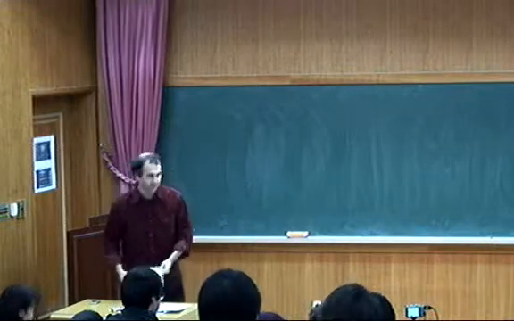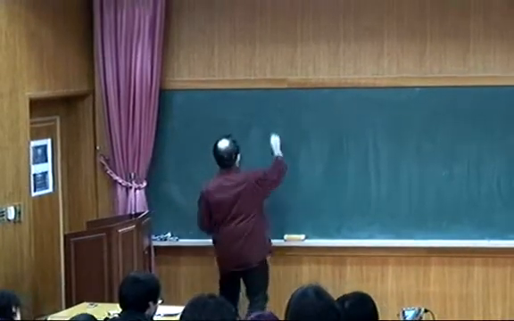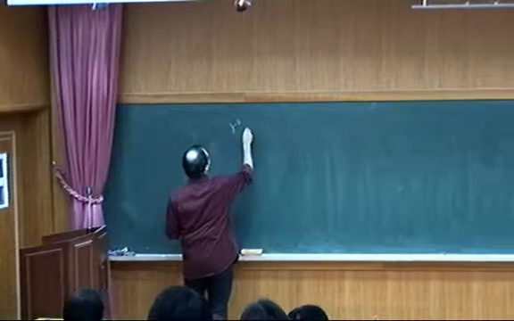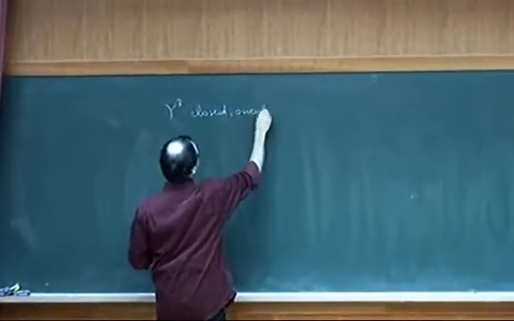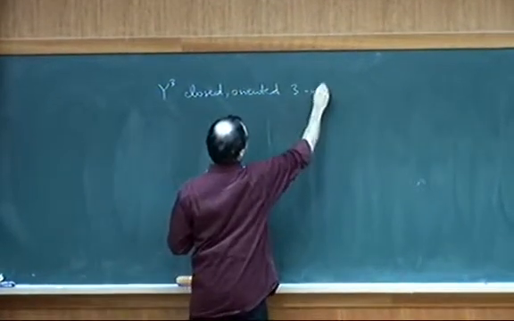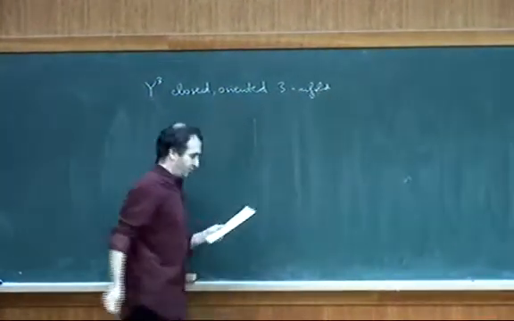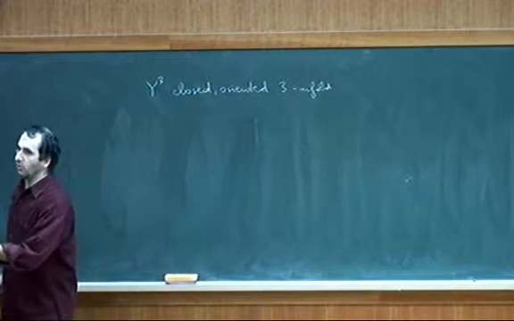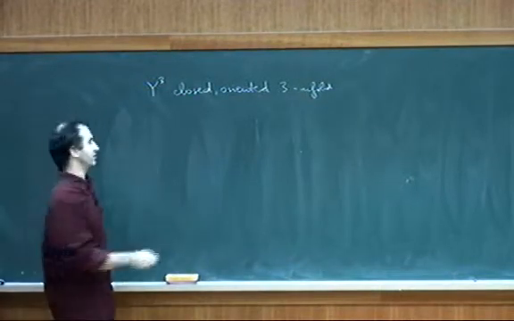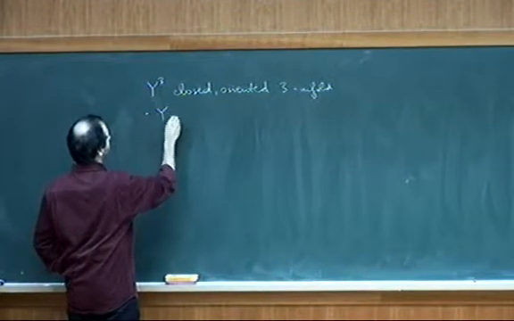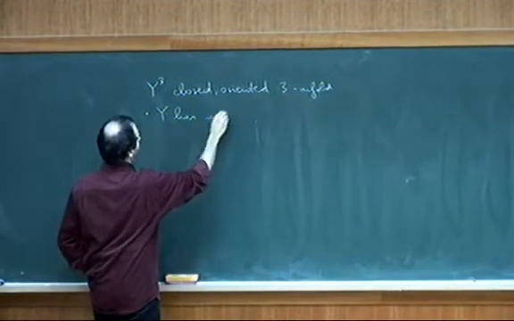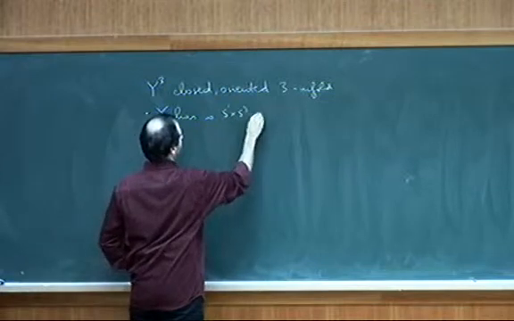As always, Y is a closed oriented three-manifold. Let me just recall what a Heegaard decomposition is. But first we say that Y has no S1 cross S2 summand